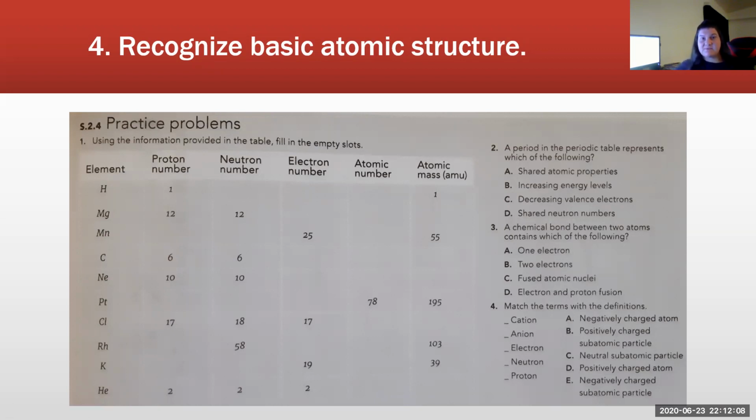Let's match these terms really quickly with the definition. We can do that by breaking down the word and understanding the prefixes and the suffixes of it. So cation, anion, electron, neutron, and proton. So if we look at these words, some things stick out to me, like a negatively charged atom. So we're looking for